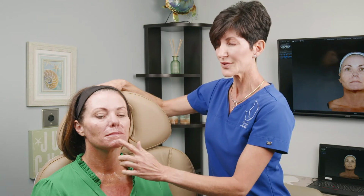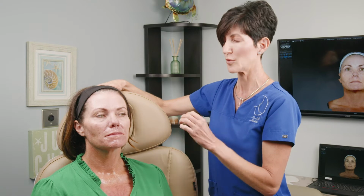We'll also work across the upper lip, because those lipstick lines are stubborn, they're hard to treat. Some women are very hesitant to have filler there. So we're going to be working in that area to really just resurface and treat those lipstick lines. And then across the chin, she has some scar tissue from just old acne scars, and we'll be treating those also. So it's a really comprehensive treatment that treats stretch marks, scar tissue, wrinkles, folds, tightened skin, with very little